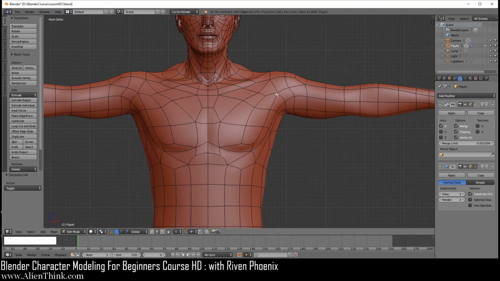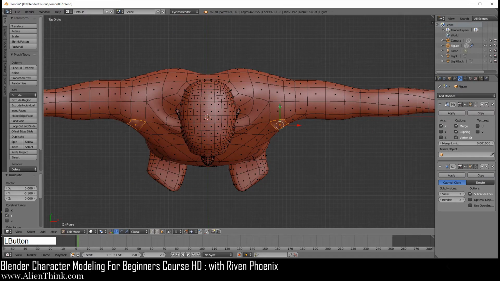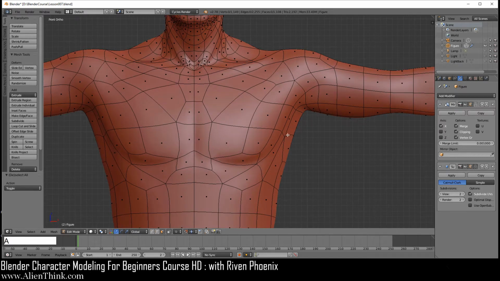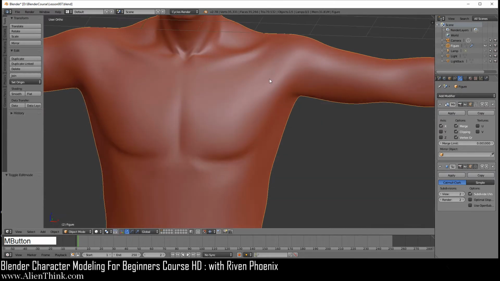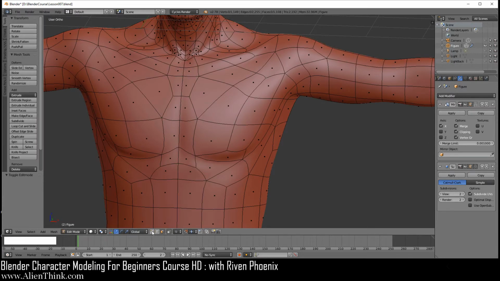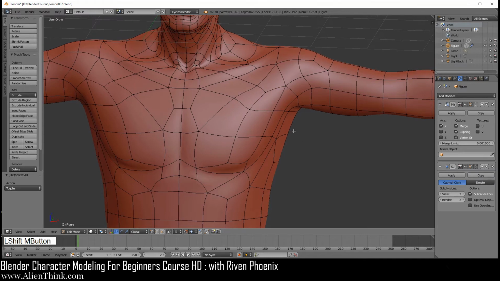So anyways, we're done with this area here for now. I'm just going to click on this guy over here, go to the top view, and nudge this out 1 time over here, A to D select. Now when you do that, you'll see that there's a little dent over here, right? And it's being caused by this vertex. So just click on this vertex and do W and smooth it 1 time over here.